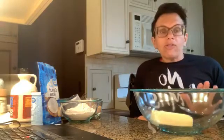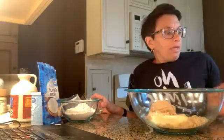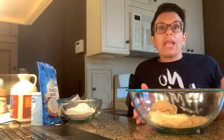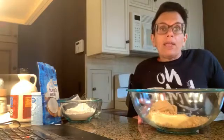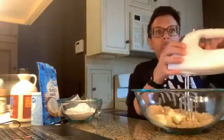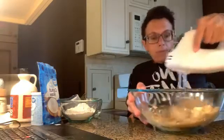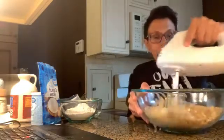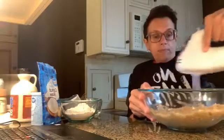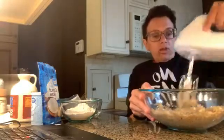We're also going to add our sugar. We always start cookies by creaming together the butter and the sugar. This recipe calls for 1 cup of light brown sugar, so we're going to add that and cream them together. I'm going to use my hand mixer for this. Making cookies, you usually can get away with just using your standard hand mixer. Our big KitchenAid mixers, or the more powerful ones, aren't really needed for this type of recipe. So we're going to blend our butter and sugar together. Once the butter starts to get mixed in with the sugar, we're going to add our 1 egg